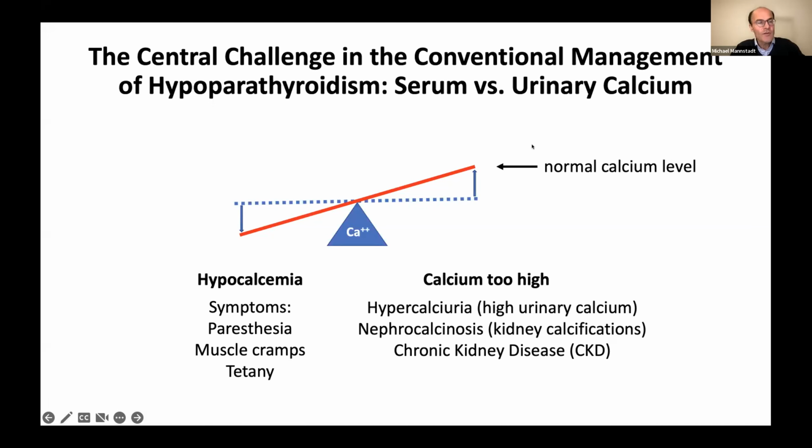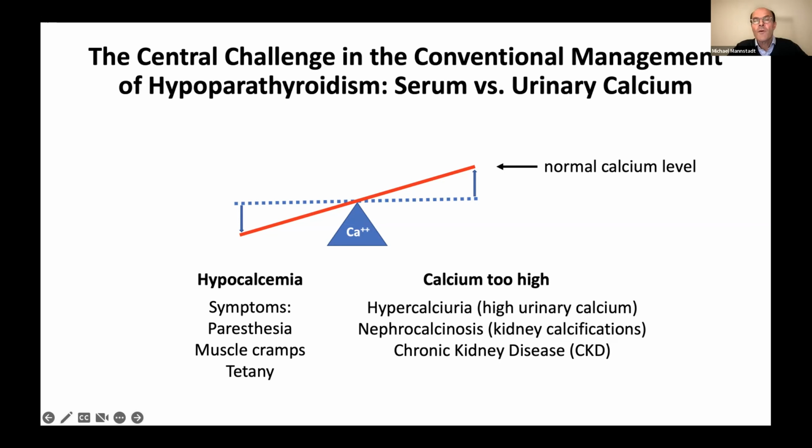And those of you who've had the disease for a longer time, you know very well what I'm talking about. So even when the serum calcium is kept at a quote unquote normal level, meaning that's what the laboratory tells you is normal, and that's what is normal for most of the population, the calcium actually turns out to be too high for those without PTH because it results in hypercalciuria, which is another word for high urinary calcium, nephrocalcinosis, which means kidney calcifications, kidney stones, nephrolithiasis, and that can lead to chronic kidney disease.